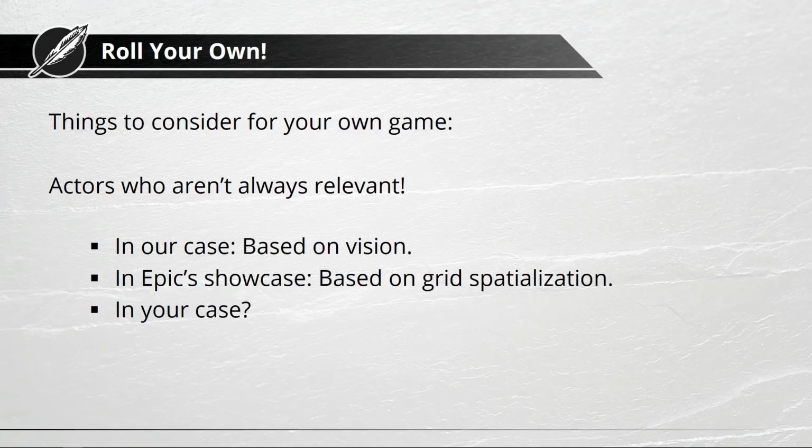And in the Epic showcase, as I just mentioned, there's this UBasicReplicationGraph in the engine. They base it on grid spatialization. So the engine is already shipping these always relevant nodes, these always relevant per connection nodes, and they are even shipping with nodes based on grid spatialization. So you can just create replication graph nodes. You can specify the size of a grid cell, and then it will automatically handle all the kinds of stuff when actors are leaving the cell, when actors are joining that cell. And this is what helped them to determine which actors to replicate to which connections. Yeah, and in your case, this is basically the single question that remains when you want to roll your own.